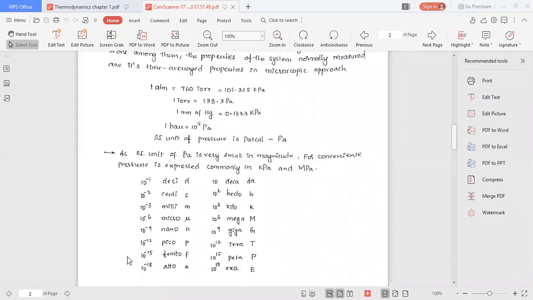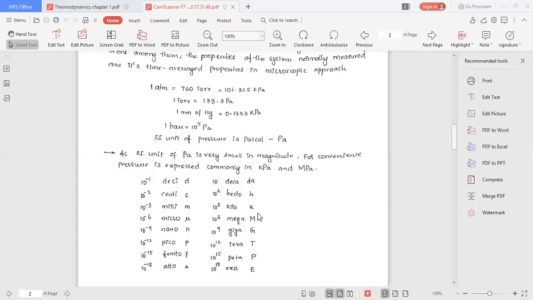You remember, I will ask again. You have to remember now itself. I guess you don't know deca and hecto till now. 10 means deca, symbol small d and small a. 10 power 2 is hecto, symbol small h. 10 power 3 kilo, 10 power 6 mega, 10 power 9 giga. Giga symbol is capital G, mega symbol is capital M, and kilo symbol is small k.